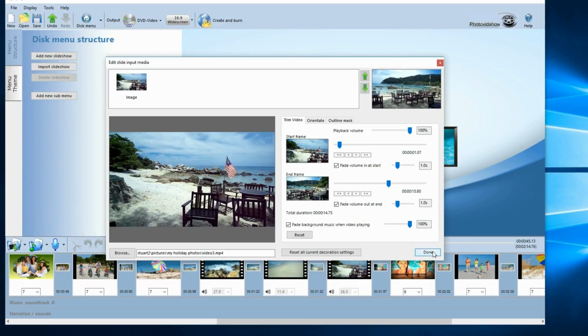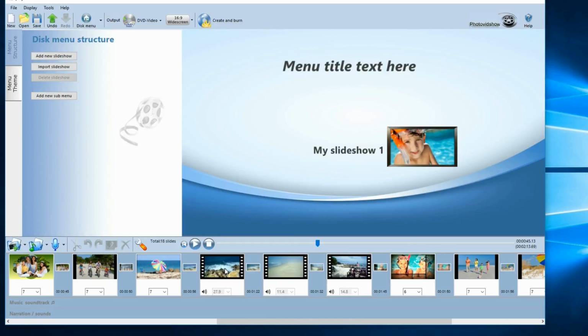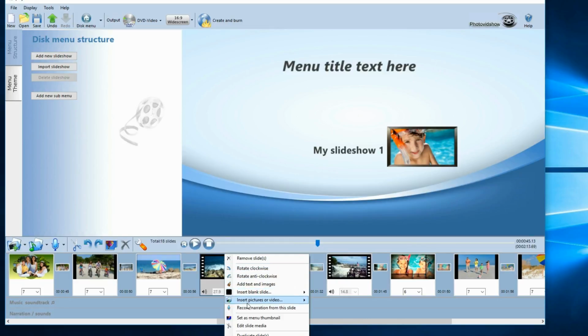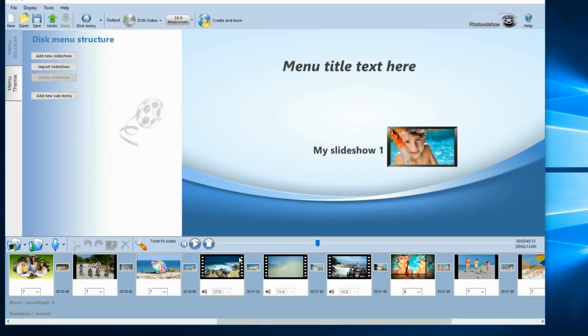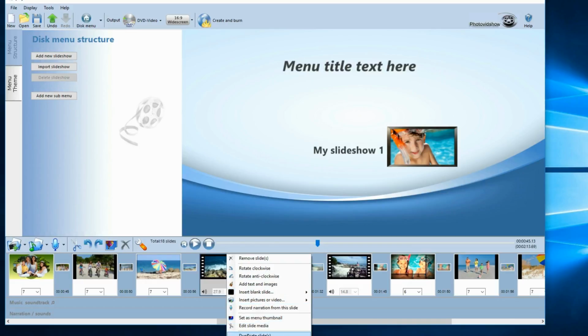Now whilst I'm here, another useful thing, if your video is say for example very long, like a 5-minute video, and you just want to have small bits of the video, so maybe you want the first minute of it and then you want to cut it and have another minute part of the video later on. If you just want to edit your video into little play snippets, then what you can do is something I showed previously, which is to clone the slide. So say on this video we want to play the first 5 seconds of it and then perhaps the last 5 seconds of it. If I duplicate or clone the slide,